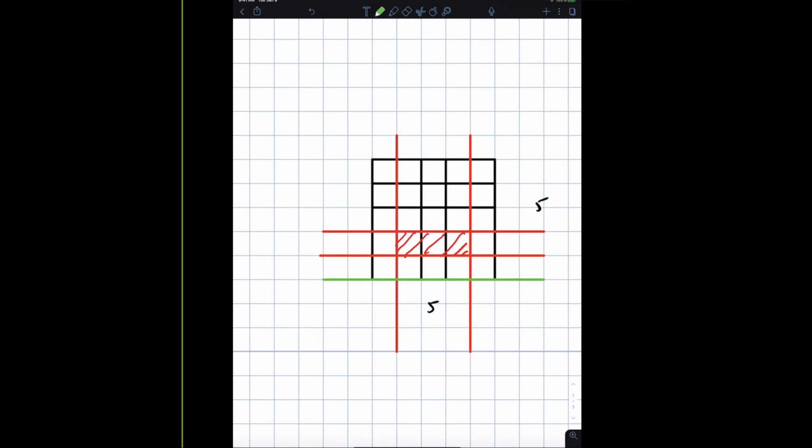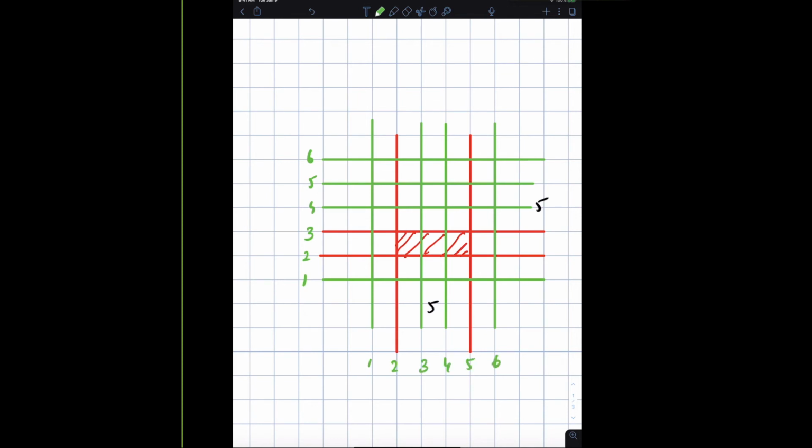6 horizontal lines and 6 vertical lines. So I'm going to create 6 horizontal and 6 vertical lines. So there you go. And then there is this line right here. There's this line right here. There is this line right here. And then there is finally this line right here. So there's 1, 2, 3, 4, 5, 6 lines, 6 horizontal lines, and then 1, 2, 3, 4, 5, 6